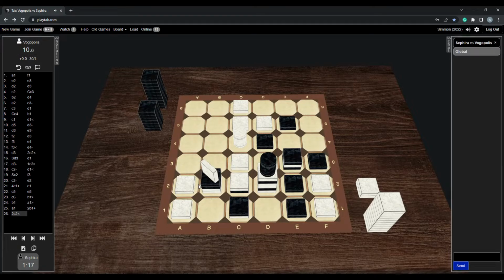White can now take that partly across. But now, black cannot smash this wall. If black makes the smash on that wall, that would lead to a road for white. So black's got to capture upwards with this flat here or toss this left. I think tossing this left is the better play. But